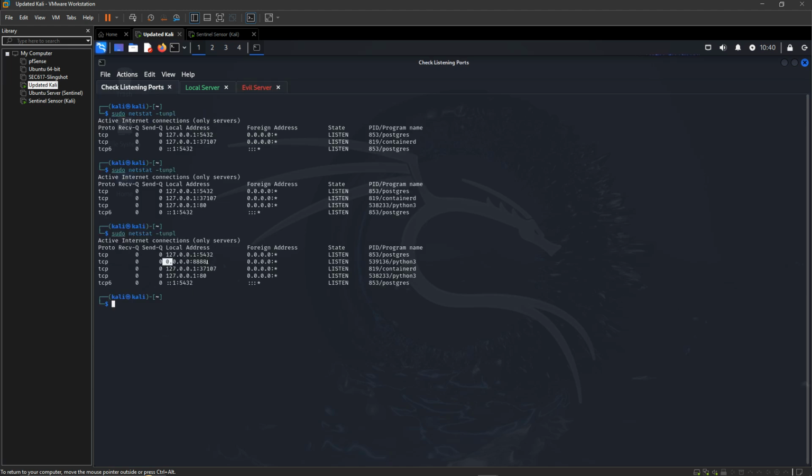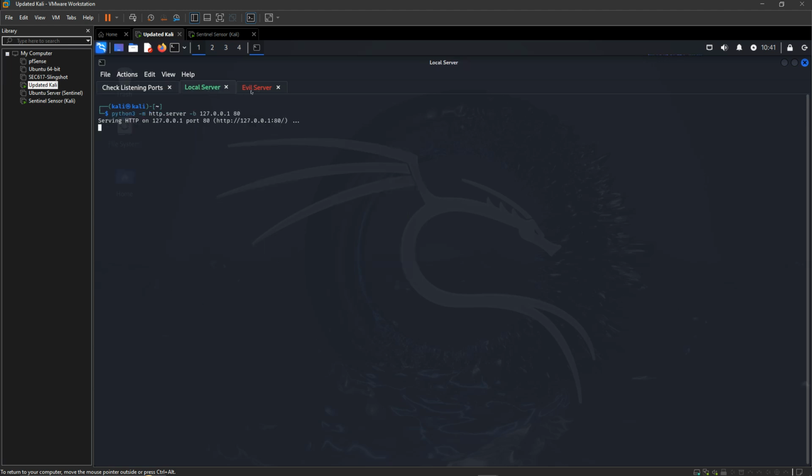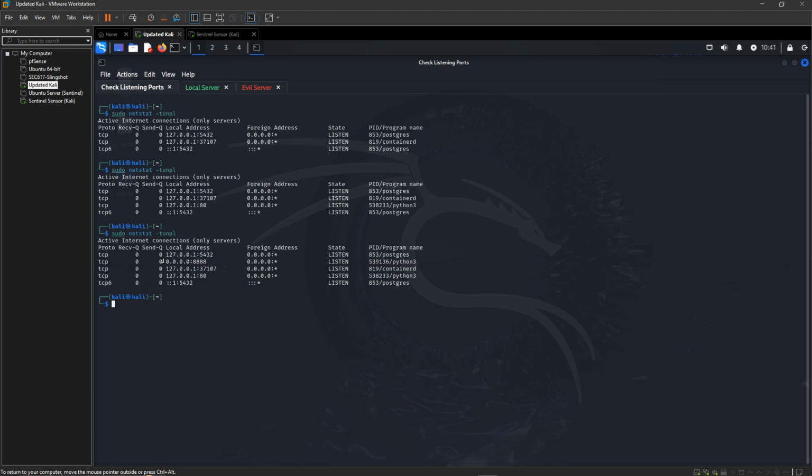And so if we're not expecting to have an external web server, or a web server that's listening outside of a local IP address, then this is something that by using this netstat command may stick out to us, right? If we're not expecting to have something facing that 0.0.0.0, or we could have run it with the 192.168 IP address, and that would have been populated here as well. So something that you can look for